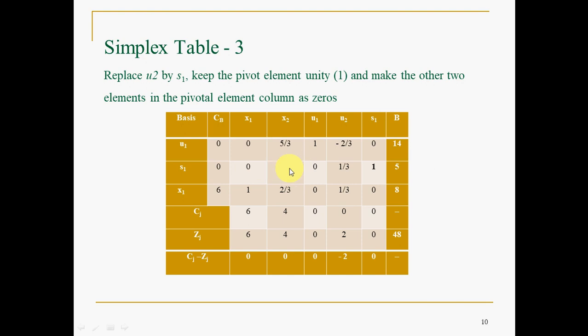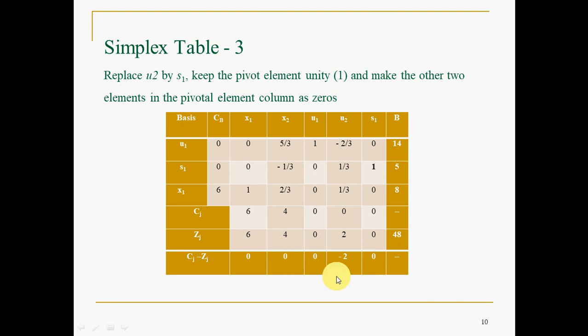And in that process, 0, minus 1 by 3, all this you got. And this minus this, you have to subtract. So in the process of subtraction, what is the condition? This you have to keep as unity, and other pertaining elements of the pivot column, I mean this and this, not this and this. These are different. They are the calculations, but here it is a matrix portion. So you have to make this 0. This 0 means you use some row operations. In that process, these fractions, 1 by 3, 2 by 3, come from the row operations. That's what R1 minus R2 something you have done. Like that, even these values will come like this.